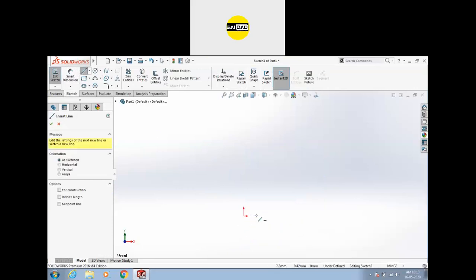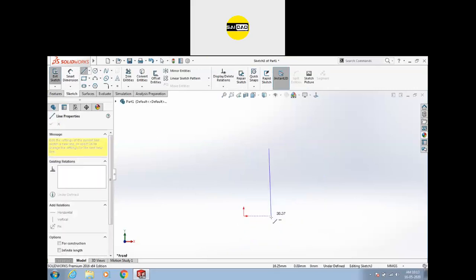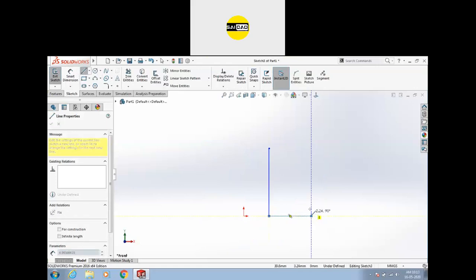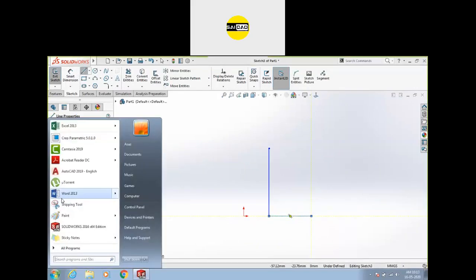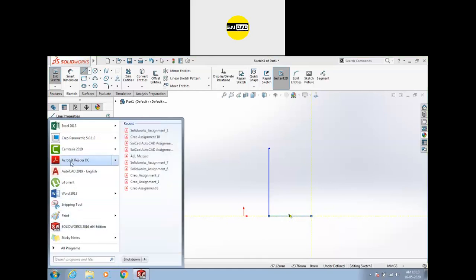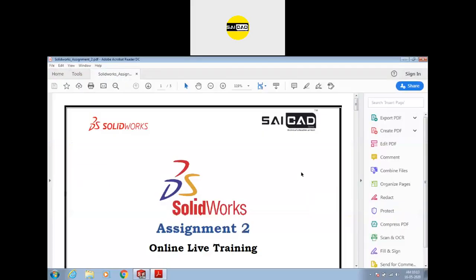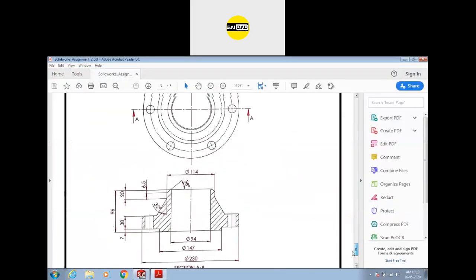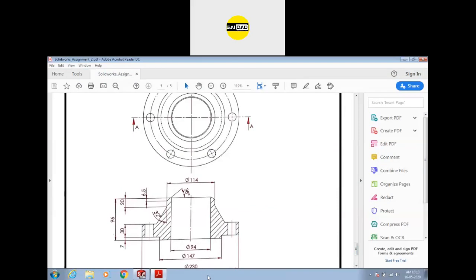So we have the shape hollow from inside. Okay, we have this shape.